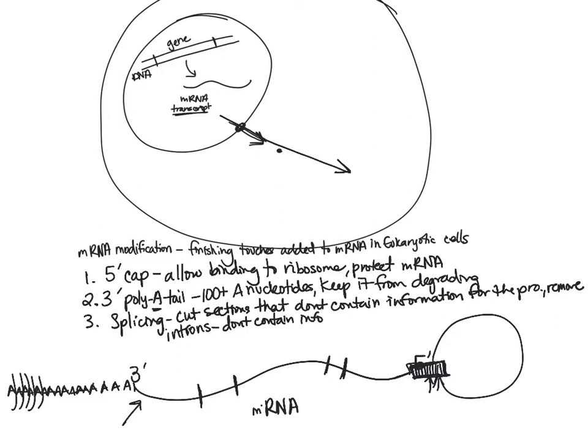So if we go in, we cut on either side. This is going to be an intron. We're going to remove this section, and then we're going to glue this part over to this part on the other end. So if we cut out the intron, then this will be glued back together. If we cut out this intron, then this piece is going to be glued onto this piece here. So we just cut out sections and then glue the other pieces together. The other pieces are called exons.